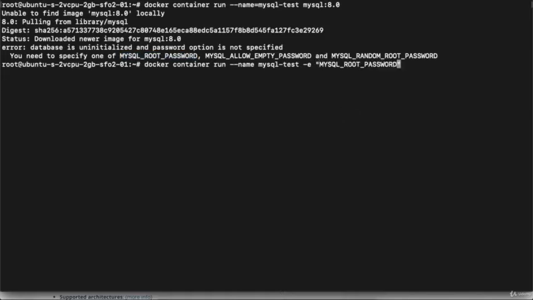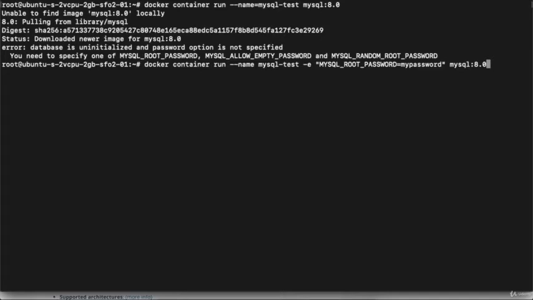MYSQL_ROOT_PASSWORD equals, define anything like my password. So this would be the password of my MySQL database, right? Then define the image name, which is mysql:8.0. Once you execute this command, this will start the MySQL container from the 8.0 image with this particular password,